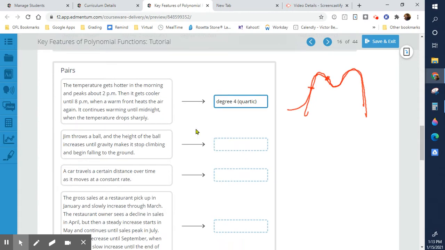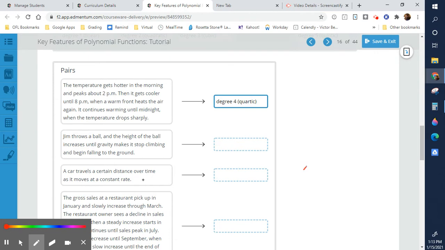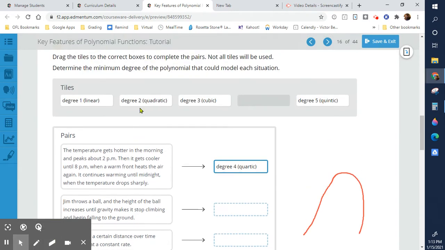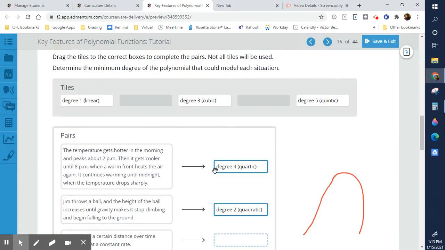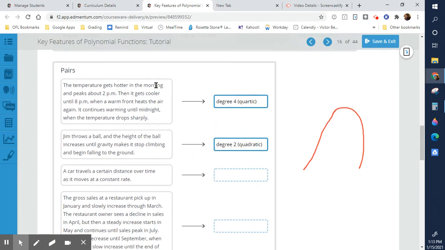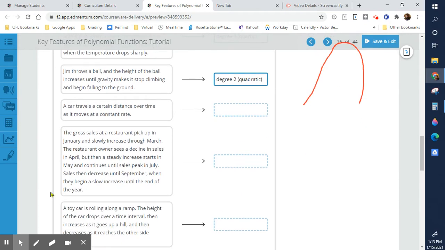So make sure to read all of them. Clearly I didn't read all of it, so that was where the problem was. Let me erase all of this. This guy's throwing the ball up. Gravity makes it come back down. That one is more of a parabola. So the issue here was this was a parabola, but it kept going, so there kept being that increase